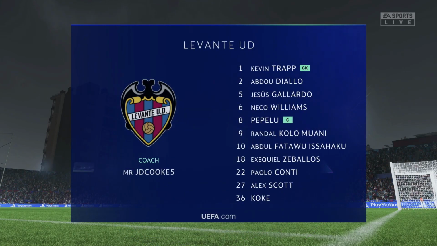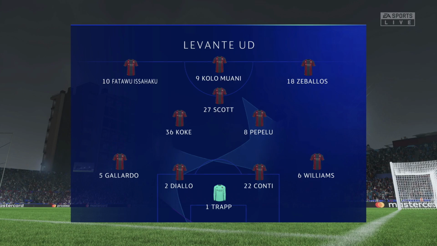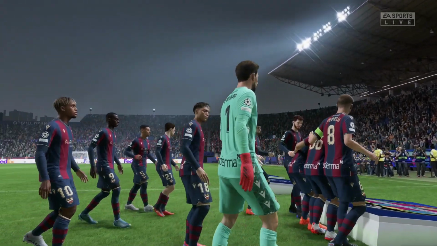So our lineup for today, obviously we're going to change up a few things. We've got a lot of games ahead and we've got a lot of big ones also, so we need to rotate the side but also have a decent side. Kevin Trapp in goal with Gallardo, Diallo, Conti and Williams as your back four. Koke and Papayu as your midfield two with Scott just in front, and Isuaku, Kolomani and Zeballos making up the